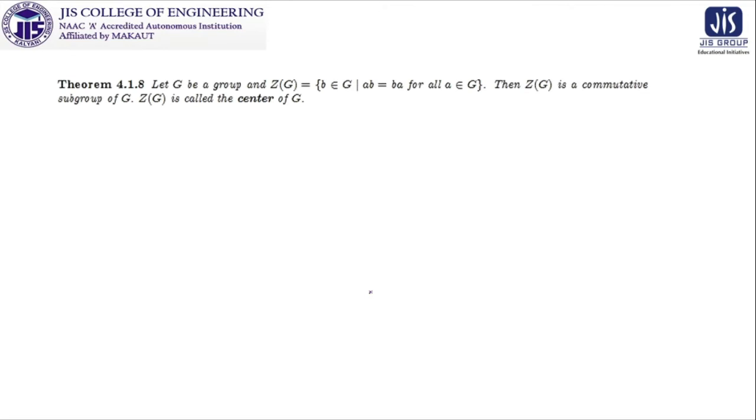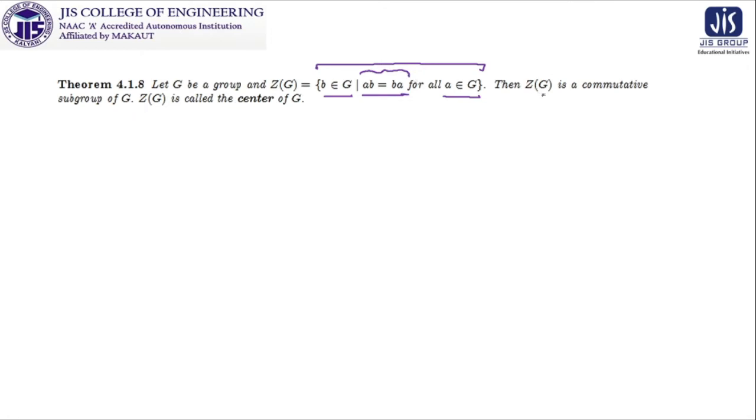Now proceeding, another theorem, it is basically a property or a nomenclature you can say, but it is important. If we have G be a group, we are structuring another particular set where we talk about B in G such that AB is equal to BA. Please try to concentrate on the definition. If you are taking B in G and AB is equal to BA for all A in G, then Z(G) is a commutative subgroup because AB is equal to BA.